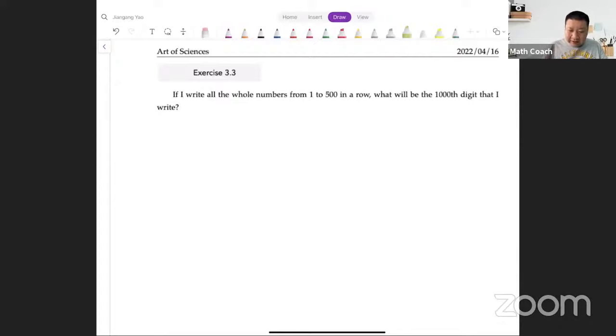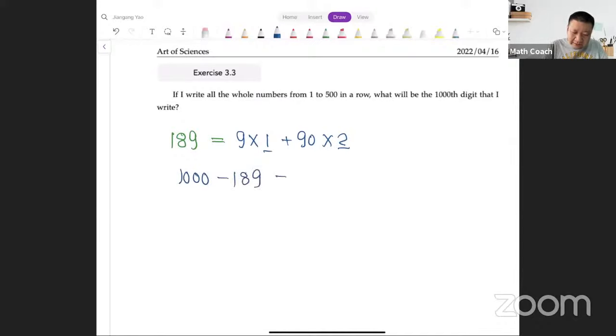So how to calculate this? For this type of question, I remember one number, and that number is 189. So what is 189? 189 is the number of digits for all the single-digit and two-digit numbers. There are 9 single-digit numbers, each one has 1 digit, plus there are 90 two-digit numbers, each one has 2 digits, that's 189. Next, I take 1000 minus 189, then I get 811, and then all the other numbers starting from 100 are 3-digit numbers, so I have to divide by 3, because each 3-digit number has 3 digits. So 811 divided by 3,